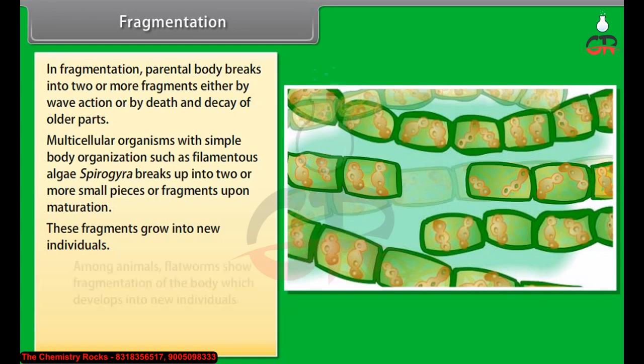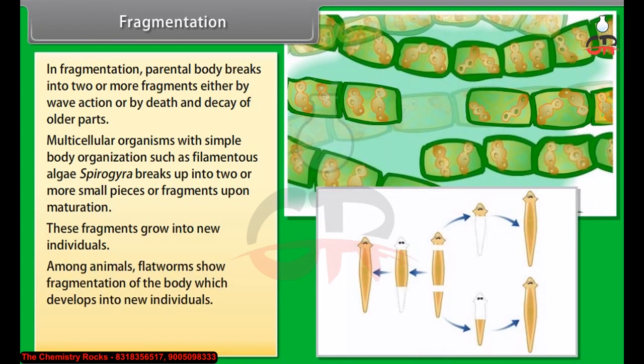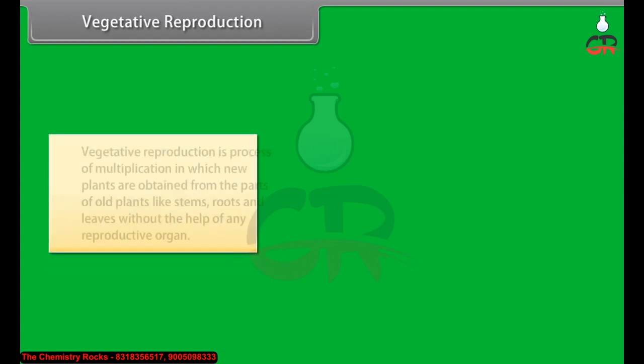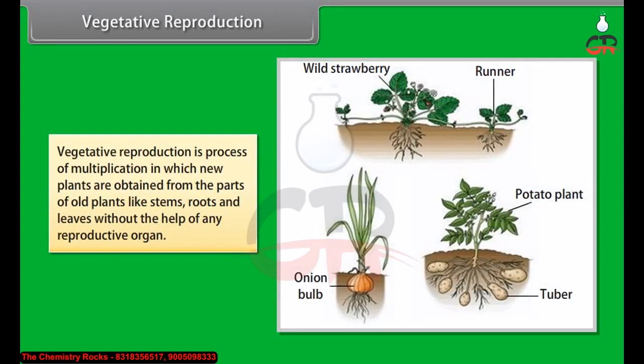Among animals, flatworms show fragmentation of the body, which develops into new individuals. Fragmentation is found in algae such as Spirogyra. Vegetative reproduction. Vegetative reproduction is a process of multiplication in which new plants are obtained from the parts of old plants